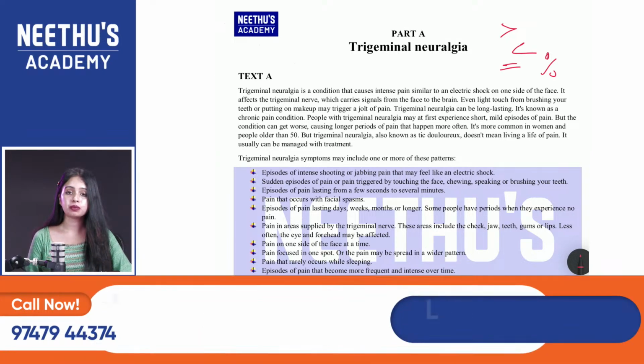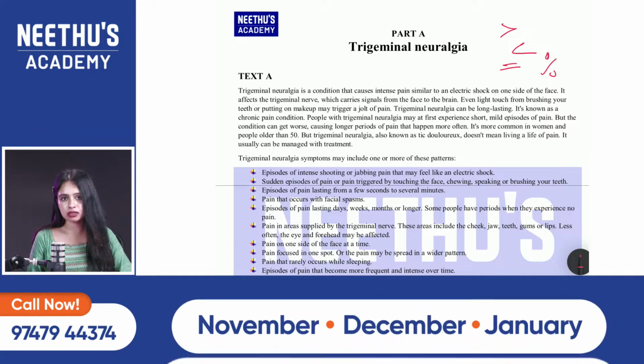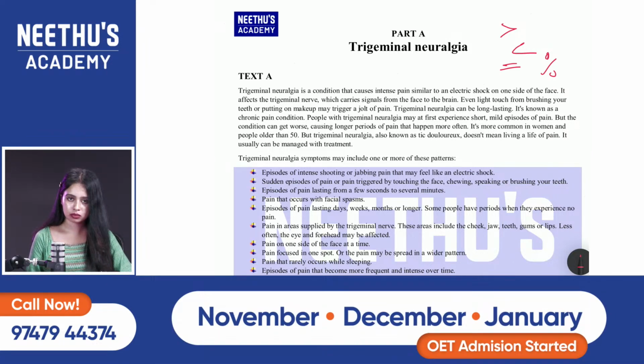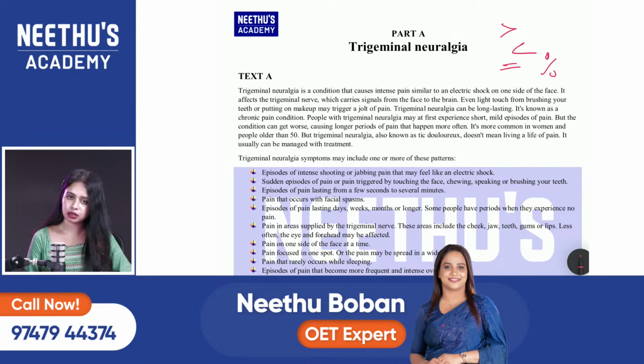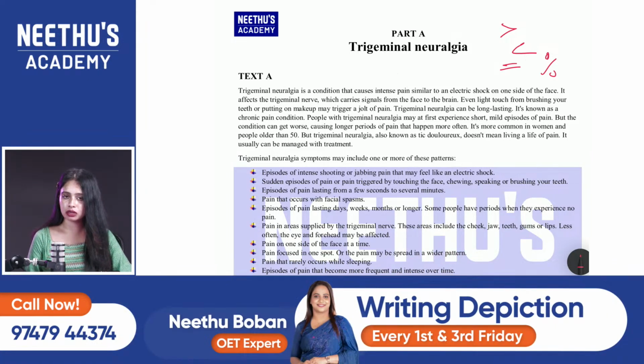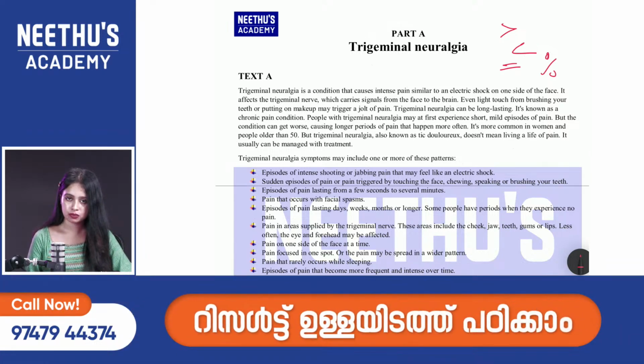Okay, and fifth one, all the names. I can say nouns or pronouns. So what do you mean, nouns? Maybe the name of a person, maybe the name of a disease condition, maybe the name of a country, maybe the name of a procedure. So whatever names they have mentioned in the para, please do underline all the names.